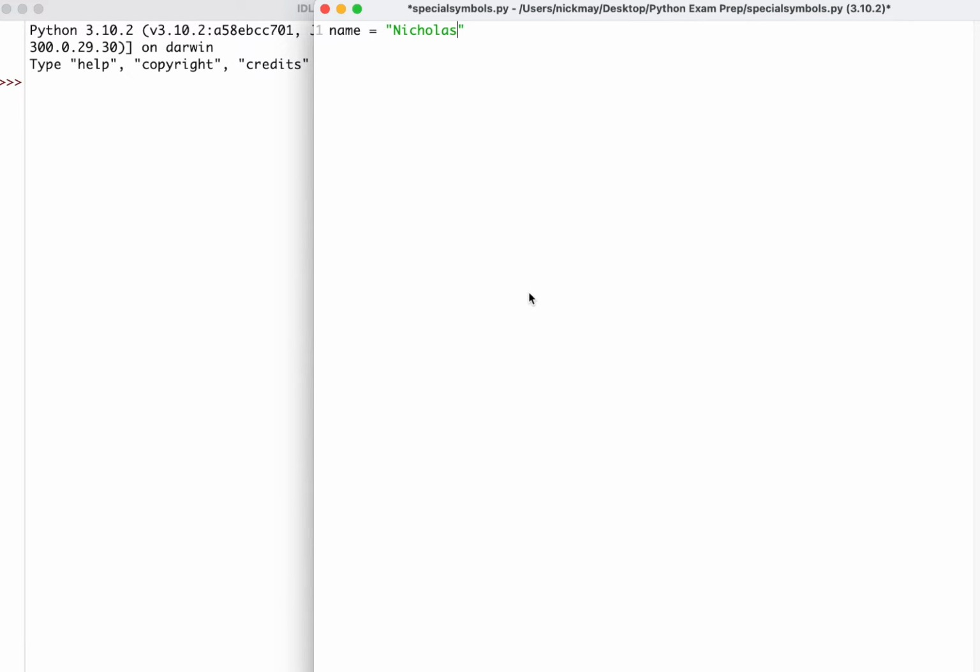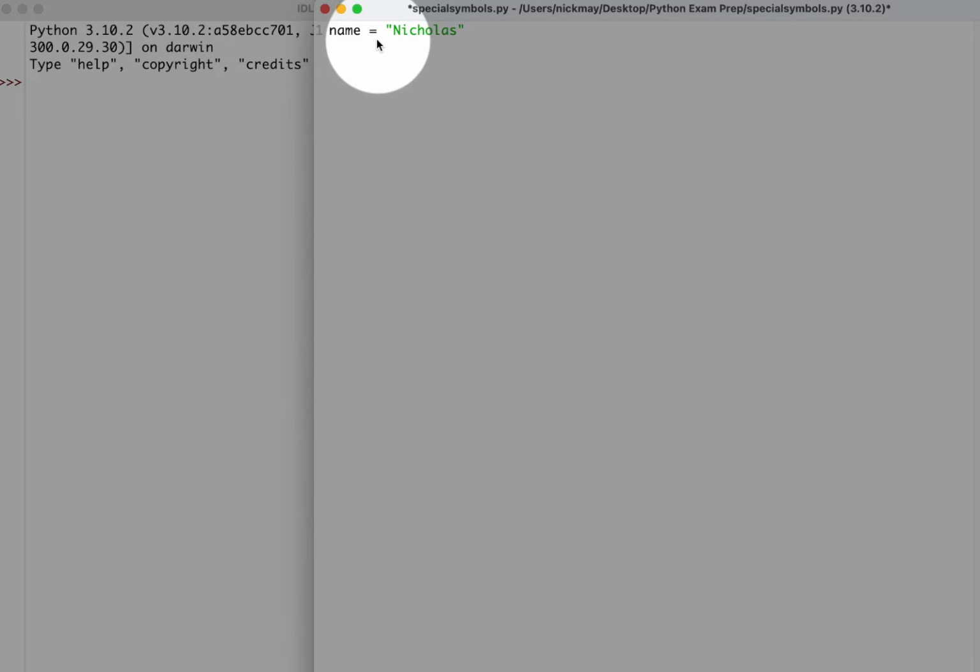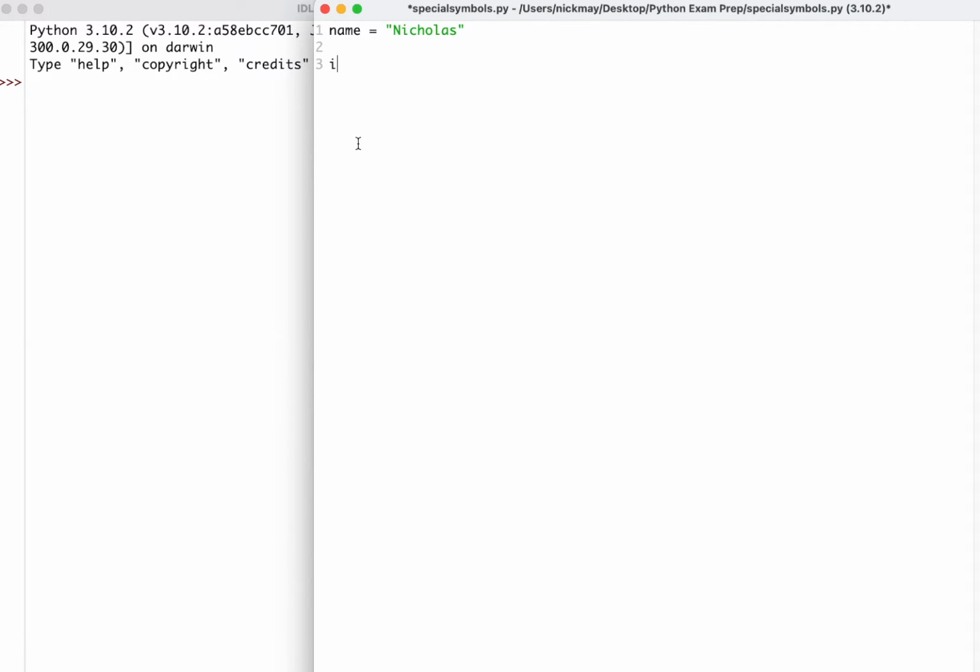Right, now in this situation, the single equals means that you are putting this information into this box. So 1 equals means you're putting it into the box, okay? So that's really important. 1 equals means you're just putting it in. However, you cannot use 2 equals. So we might do an if statement. If name 2 equals Nicholas, and then I'm going to put a colon, print